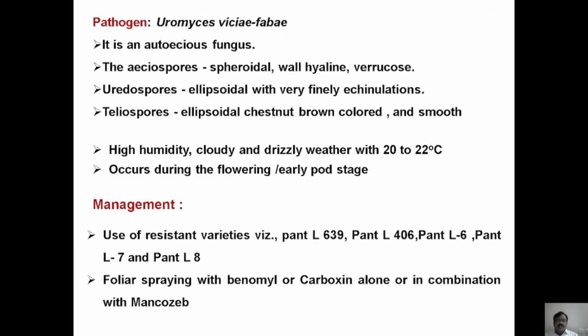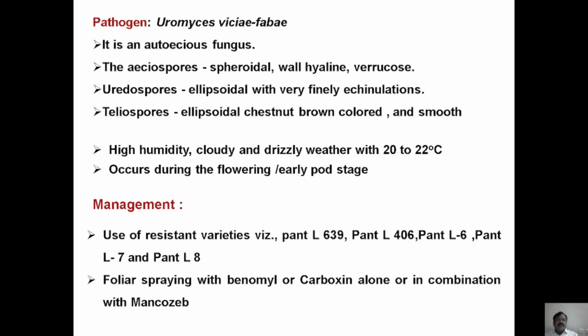So, as we discussed earlier, this pathogen Uromyces viciae-fabae is an autoecious rust, which has a pycnial as well as an aecial stage on the undersurface of the lower leaves, then uredosori as well as teliosori on the upper surface of the leaf. The urediniospores are ellipsoidal, while teliospores are also ellipsoidal, chestnut brown in color but with a